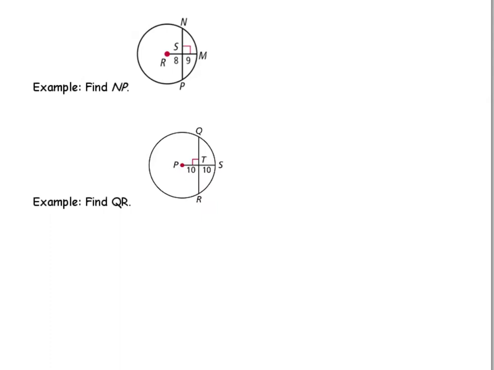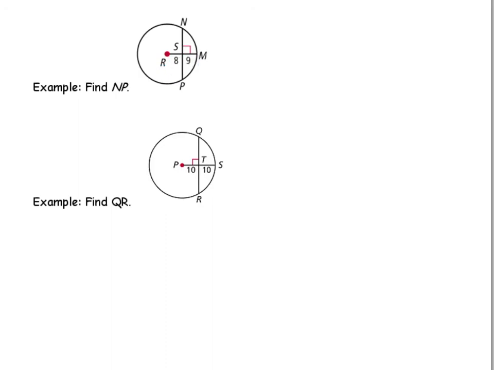So let's go ahead and apply those two theorems to the following examples. In the first example here, they're telling me that we want to find out what NP is. So NP would be this whole entire distance here. So if this is the whole entire distance, and I know that from R to S it's 8, and from